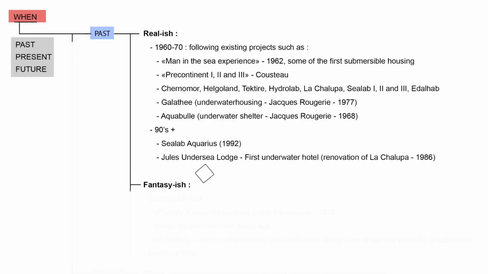Now, if you want it to be a little bit more crazy or a little bit more fantasy, you can go further back in the past. For example, I remember there is this book from Jules Verne called 20,000 Leagues Under the Sea that was written in 1870. And you could actually use the whole vibe of that book to go for a steampunk look and use the design language of that time period, using all the steam technology and stuff like that, to try to design